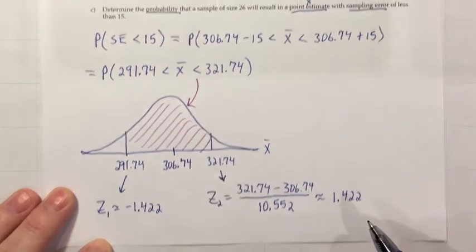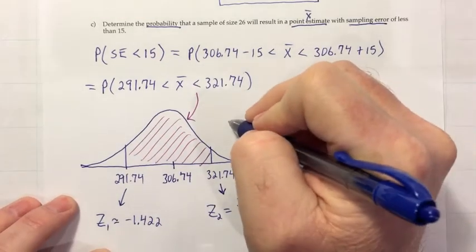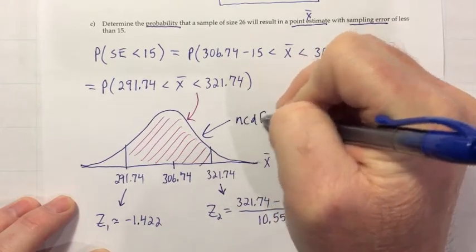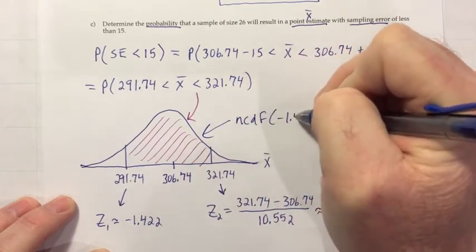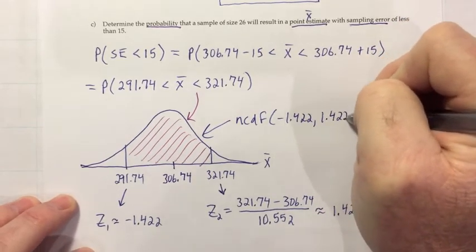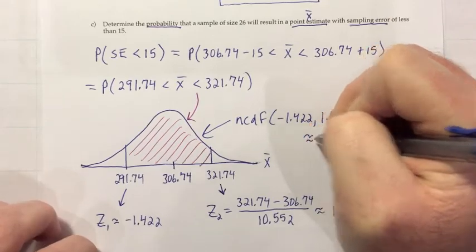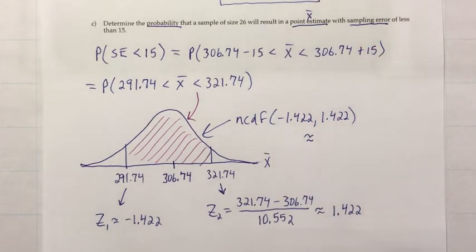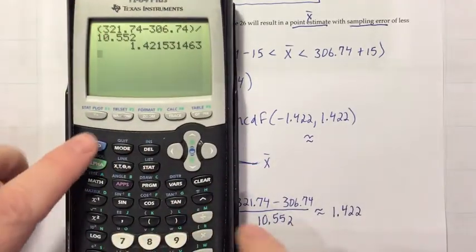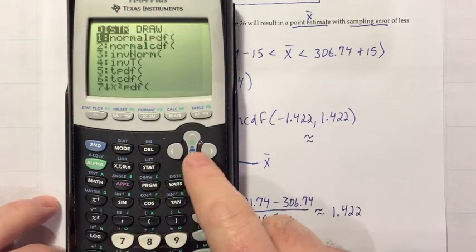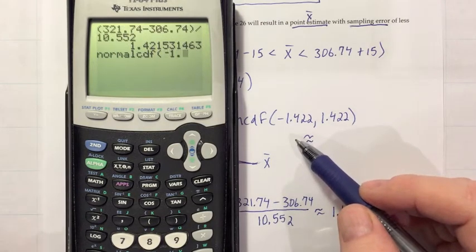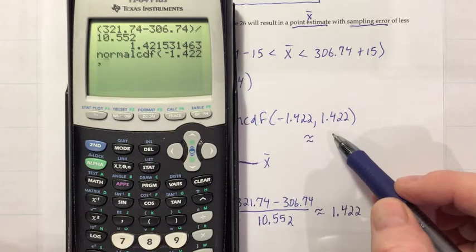And once we have the z-scores, we can use normal CDF to get the area, which will be that probability. So normal CDF from the left boundary, negative 1.422, to the right boundary, positive 1.422. So we can just go to the calculator on that, and we'll have our answer. All right, so we bring in the calculator. Second distributions, go to normal CDF, put in our left boundary, negative 1.422, and our right boundary, positive